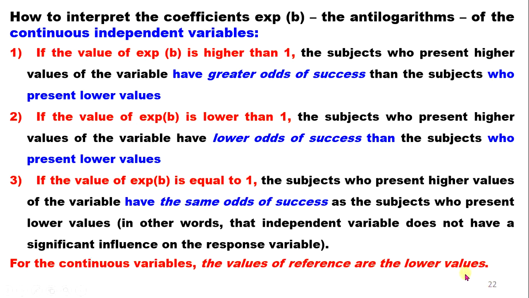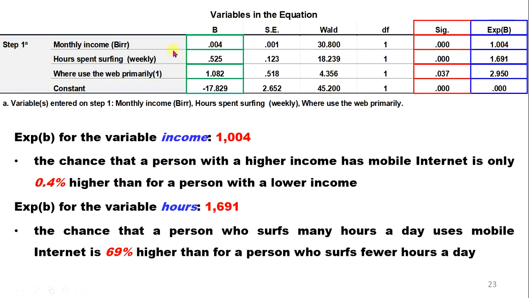ስለዚህ for continuous variables the value of reference are the lower values ቅድም 0 እና 1 ነበር አይደል የተጠቀመው 0ን በካቴጎሪካል ሲሆን ሬፈረንስ አድርገን ነበር። በዚህ ኬዝ ደግሞ ማንን ነው እንደ ሬፈረንስ የምትጠቀሙት? lower values are always considered as a reference values። ስለዚህ እስቲ ይሄን ኢንተርፕሬት አድርገን እንይ። ይሄው ለምሳሌ የመጀመሪያው ምንድነው? መንዝሊ ኢንከም ነው አለ ስንት ይላል? 1.004 ነው አለ የሚለው። ስለዚህ for the variable income this 1.004 ማለት ምን እንደማለት ነው? the chance that a person with a higher income has mobile internet is only 0.4% higher than what? for a person with a lower income ብላችሁ ኢንተርፕሬት ታደርጋላችሁ ማለት ነው። ይሄ ኦዱ ማለት ነው።